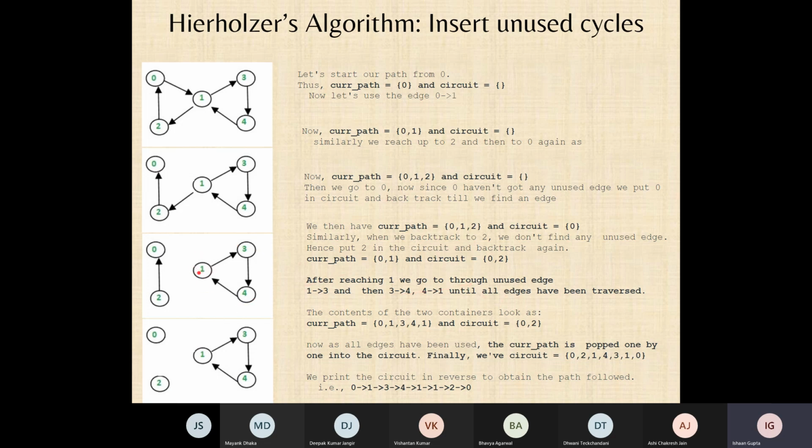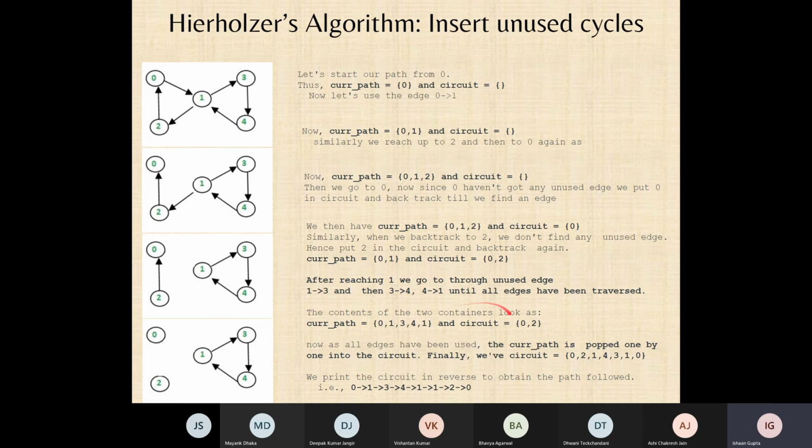Now when you are going back to 1, if that particular node has unused edges, then you again go through these unused edges in whatever direction you want. You basically complete the cycles, right? So this becomes a new cycle that you add. Now these edges get added into your current path, right? So 0 and 2 were popped out of your current path. And now essentially 1 to 3, 3 to 4, 4 to 1 are again added to your current path. Right, now when you are basically coming back to 1 and you have used all these edges,